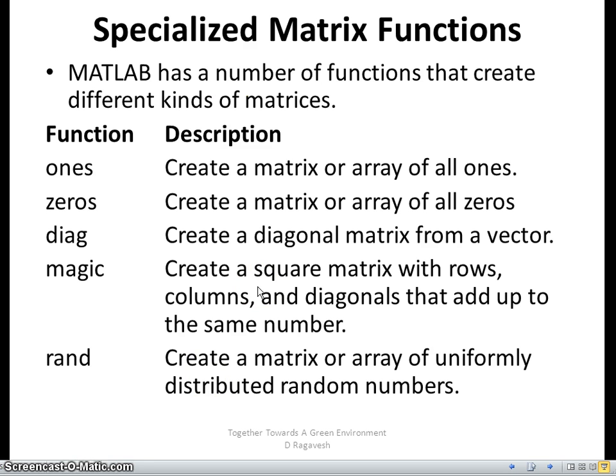The next topic I am going to discuss is specialized matrix functions. There are various specialized matrices which are generally used for some kind of processing, which can be easily created by using MATLAB. For example, you have a function called ones.